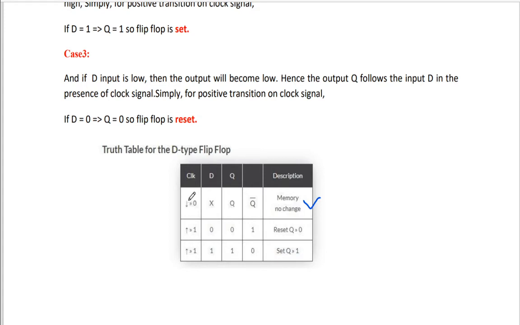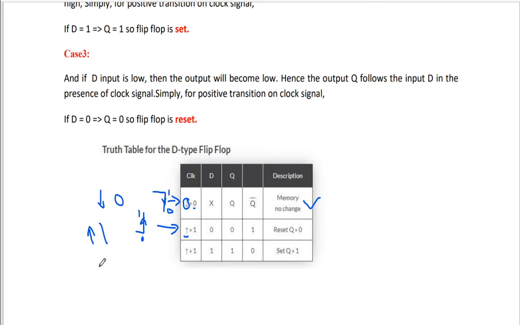Here you can see the arrow heading down, which we call a 0, and the arrow heading up, which we call a 1. So this is heading from 0 to 1, and we call it a positive edge, and the arrow heading down, that is from 1 to 0, we call a negative edge. So we can directly represent it as either 0 or 1, or you can use the arrow symbol to point it out. The arrow pointing down we call a 0, and an arrow pointing up we call a 1.